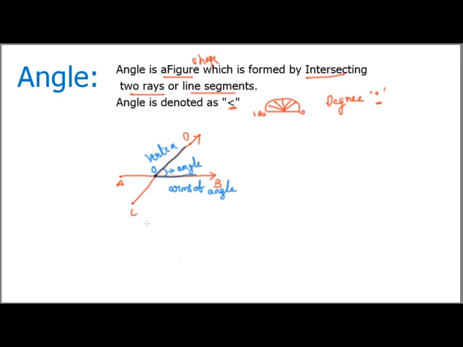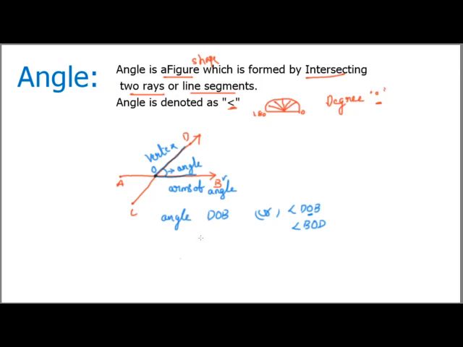Now how do we name this angle? Angle DOB, or we use the angle symbol and DOB. Where the two rays meet, that point you have to write in the middle. Otherwise we can also write it as BOD. You can take B first and go in the BOD direction, or the DOB direction.